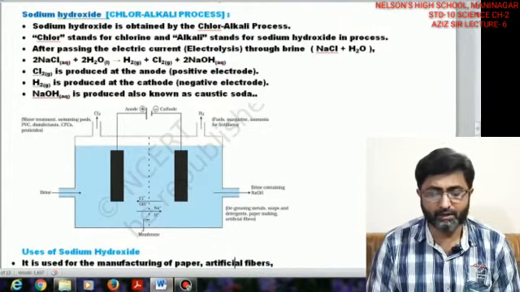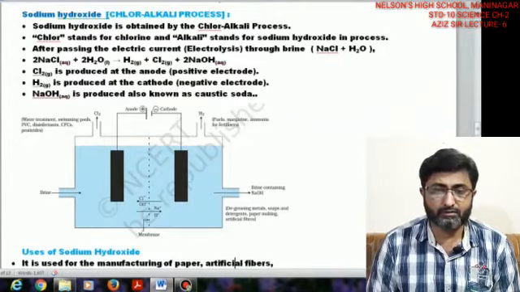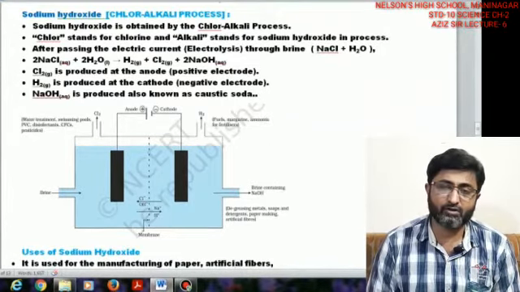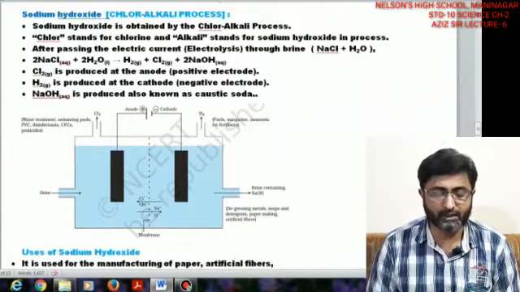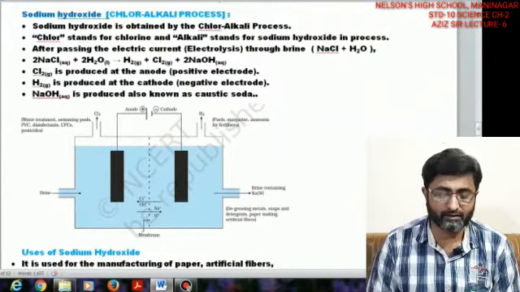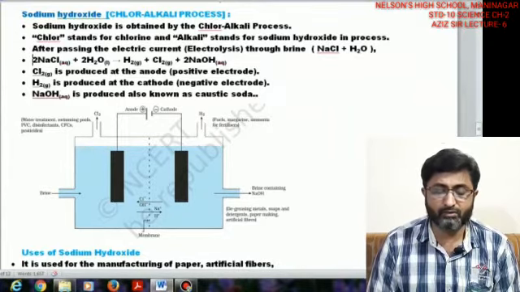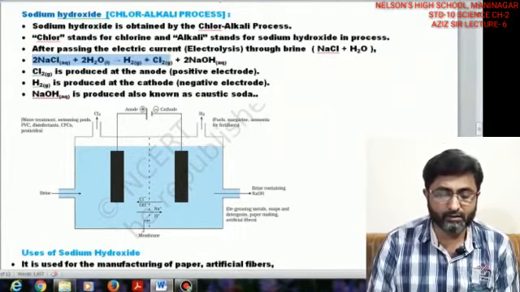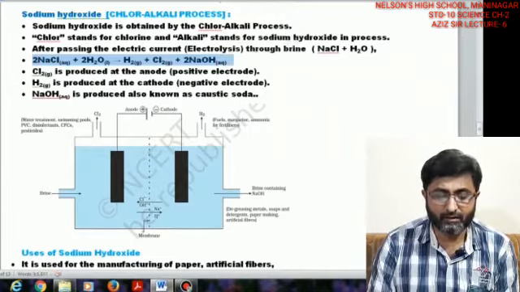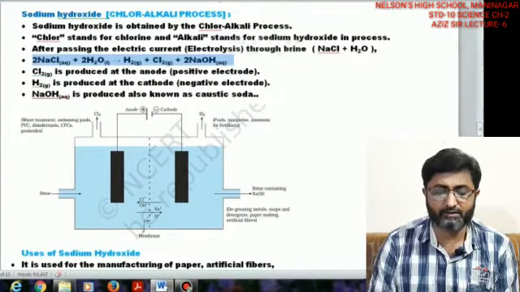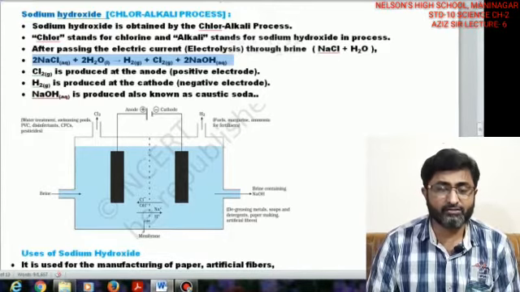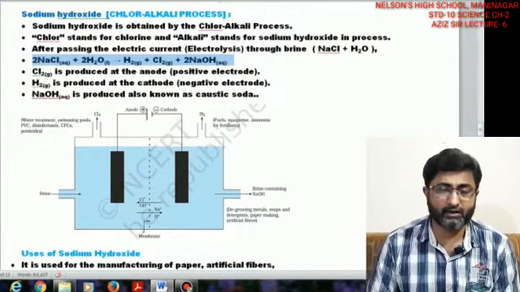Now how to obtain it? Brine is a mixture of NaCl plus water molecules. When electric current is passed, the electrolysis process happens. In this electrolysis process you are able to see this reaction, NaCl reacting with water molecules and the electric current is passed. So in this brine solution, when electric current is passed, hydrogen gas, chlorine gas and NaOH are obtained